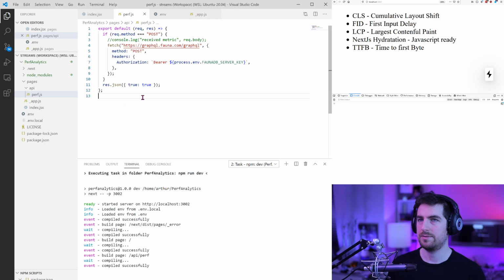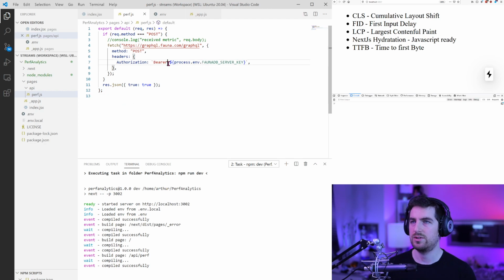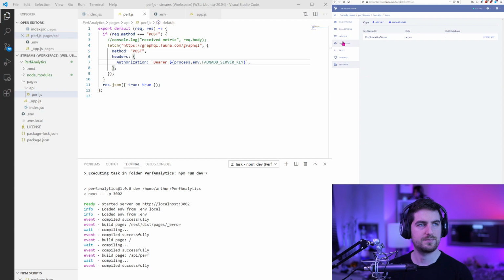Okay, so it actually works great. There we go. And here is my desktop again. So now every time I use this, this is my Fauna key, so I can do pretty much what I want with this. And we're gonna build